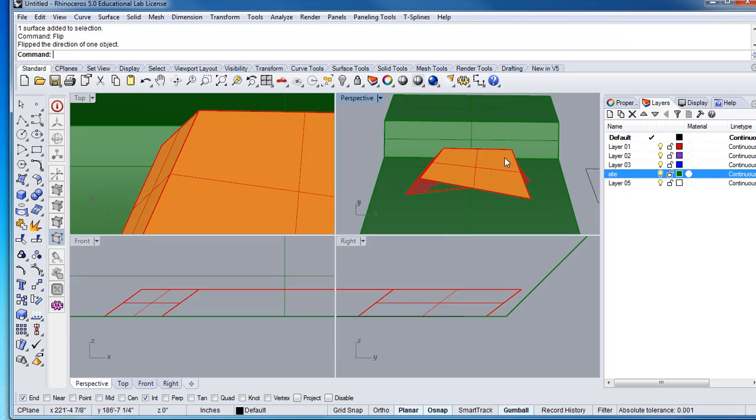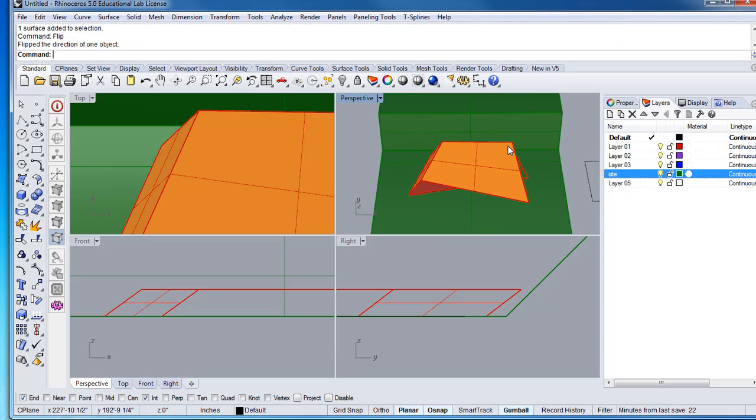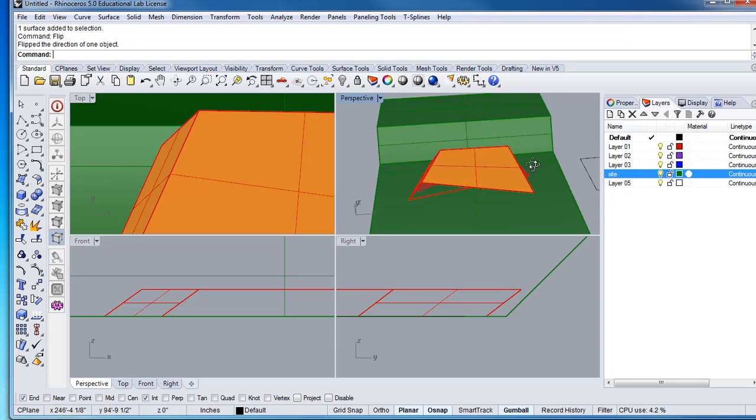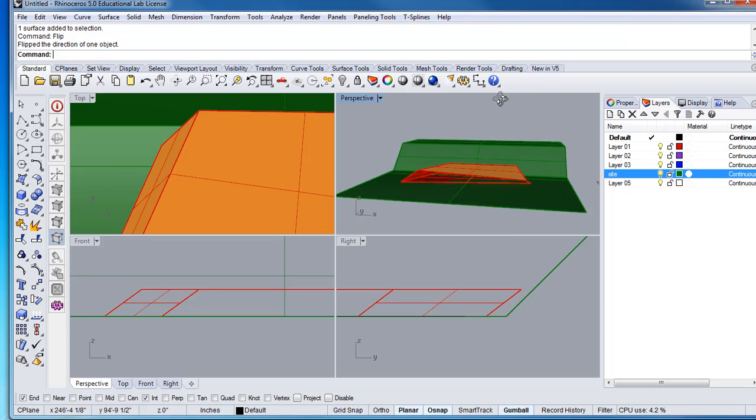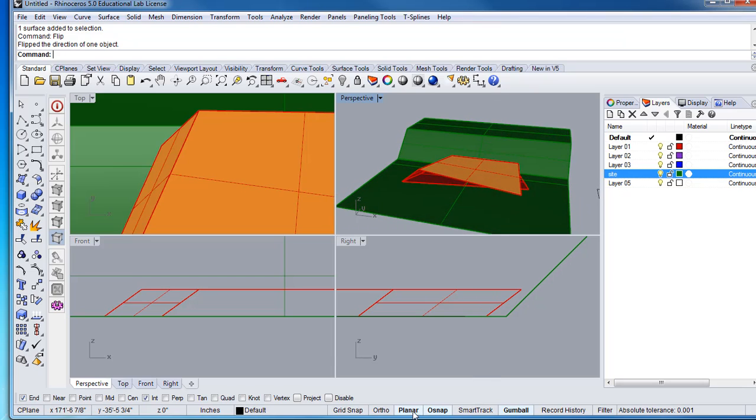Next floor we'll make will follow, let's say, this wall, or this is where the wall is going to be. So that means that this will be the parallel line. If you recall, if you have the planer on, you should be able to draw right on this plane. So let's try to do that. So with the planer on,